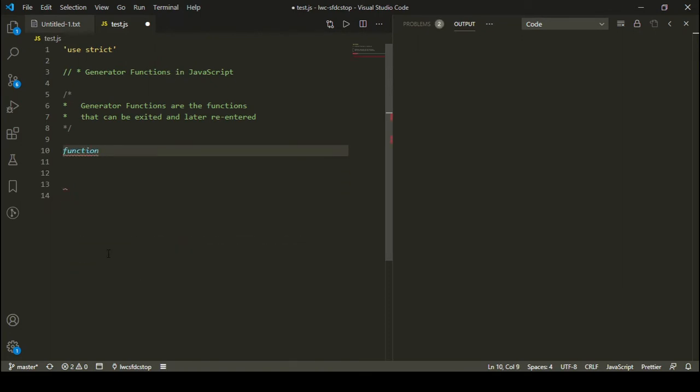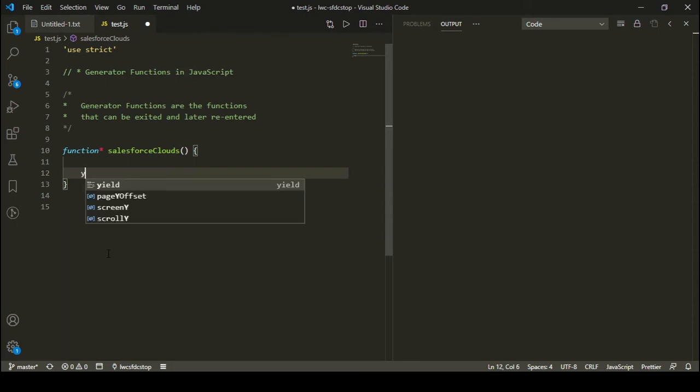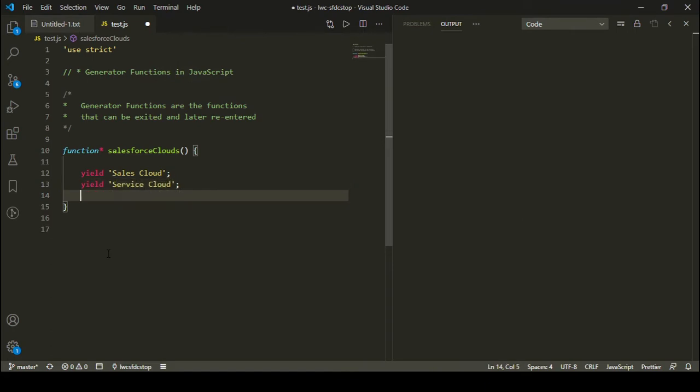In order to create a generator function, you can simply use the function keyword followed by an asterisk, and after that you can give the function name. In my case the function name is, let's say, Salesforce clouds. This function is going to return the different types of clouds which Salesforce has, right? And inside this function I can simply say yield sales cloud, because Salesforce has a sales cloud, right? I can say yield service cloud. I can say yield, let's say, community cloud, and I can say that